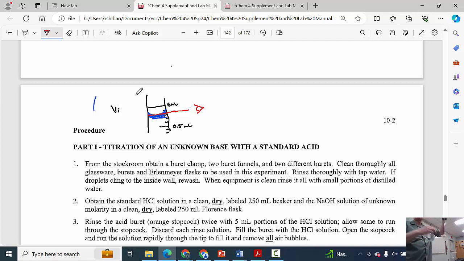This is red. I don't want to change the composition of my standard acid. Because if I add more water to this, I'm going to dilute it. Dilution is going to change the concentration or the composition. I don't want that to happen because I'm going to have more water in here. And so the initial rinse is with DI water. The final rinse is with